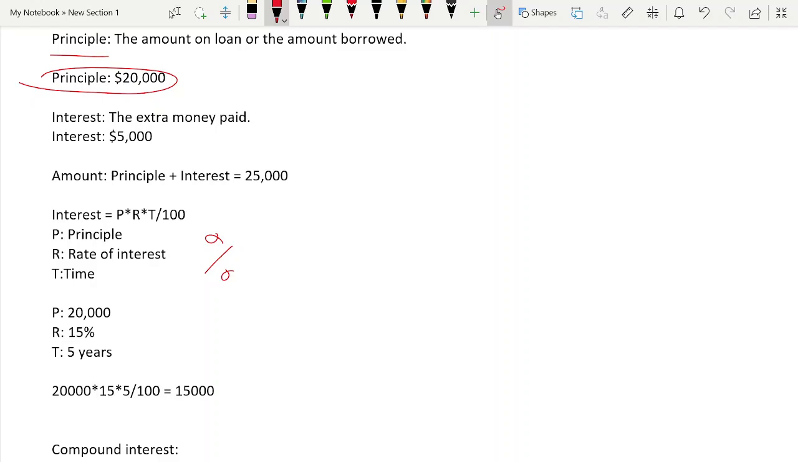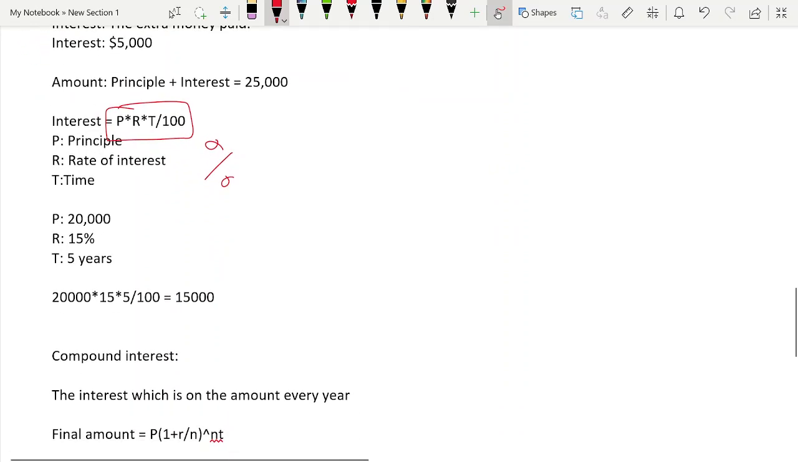So in our example, you have a formula for that. You have principal times rate of interest times time, divided by 100. Okay, so when you write the rate of interest, you don't have to add an extra 100. It will be obvious, you just write 15. Okay, so let's have